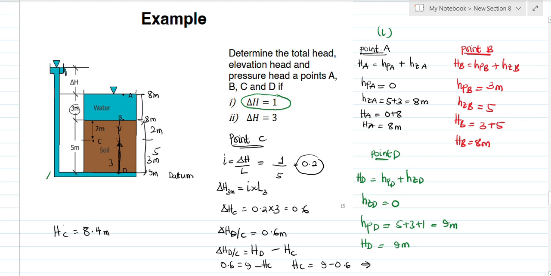Now, getting this, we know that the total head at C is equal to pressure head at C plus elevation head at C. Now, total head is 8.4. Pressure head, we don't know. But the elevation here, from the datum to C, is 3. So the pressure head at C will be equal to 8.4 minus 3. So I can say that pressure head at C is equal to